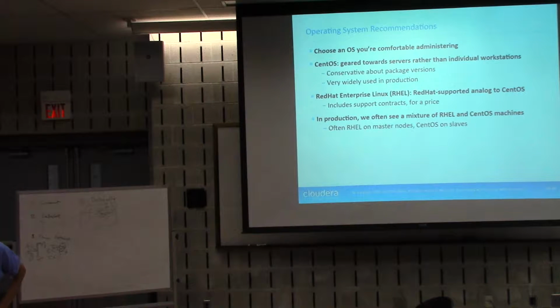One is the Linux operating system. Cloudera likes CentOS. Because of that, the virtual machine uses CentOS. And Red Hat can be used for